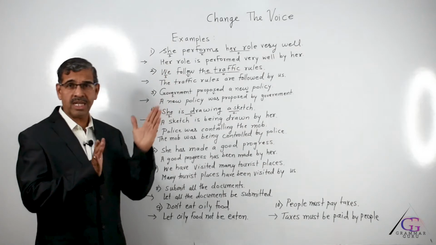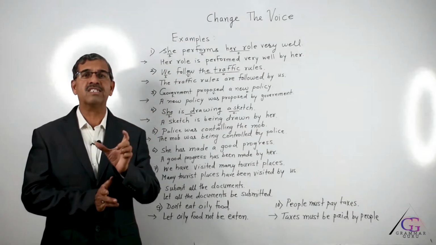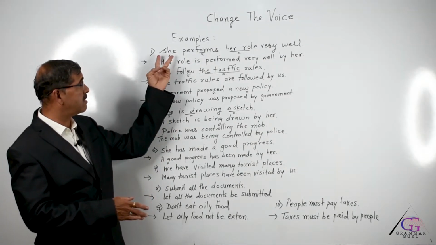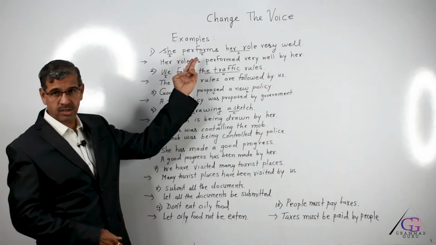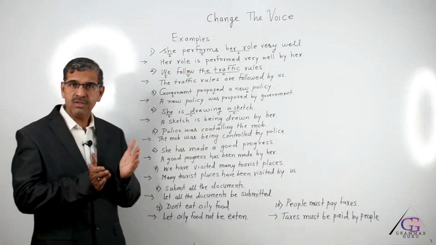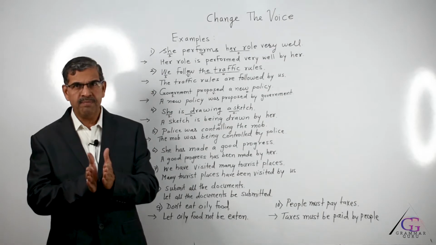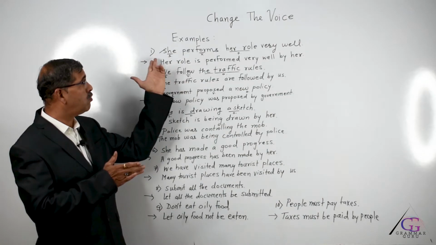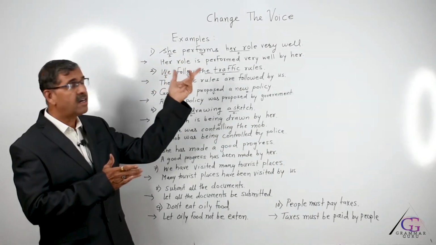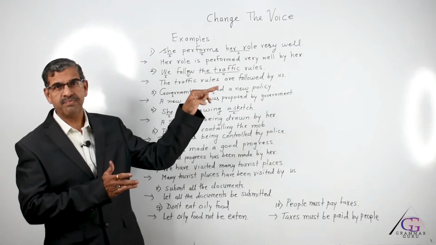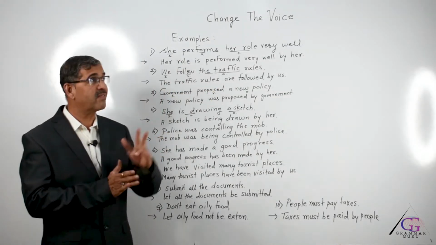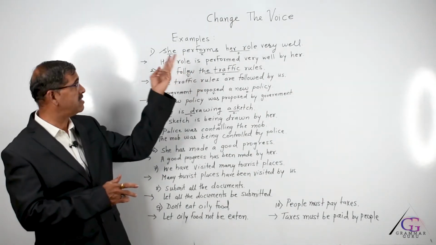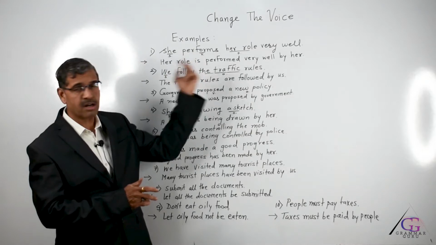So as soon as you have any sentence in front of you, first ask yourself, what is the structure? Is it S plus V plus O? So in this sentence, subject is she, performs is verb. And if you remember how to find out an object, there was a trick told to you. Ask the question what to the verb or whom to the verb. So if we ask the question what she performs, the answer is her role, not very well. Very well is not object, my dear friends, only her role. So the SVO structure is: subject she, performs is verb, her role is object.